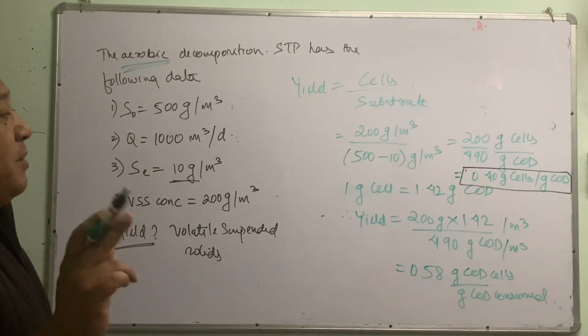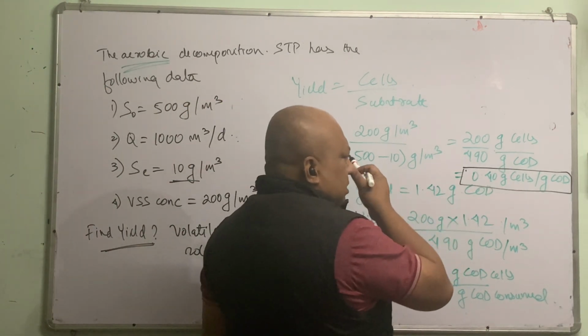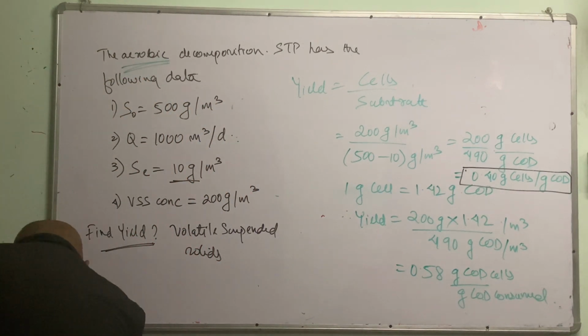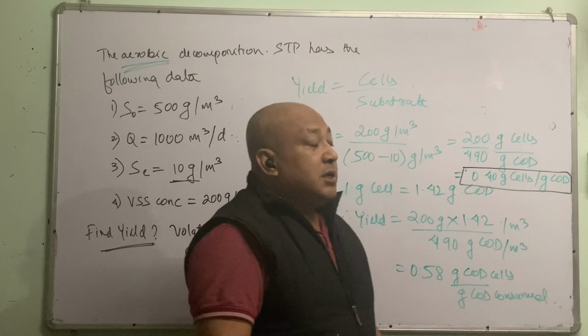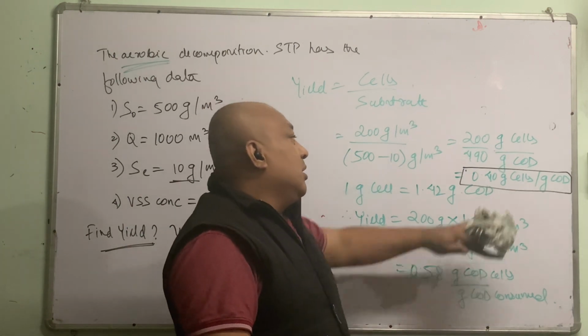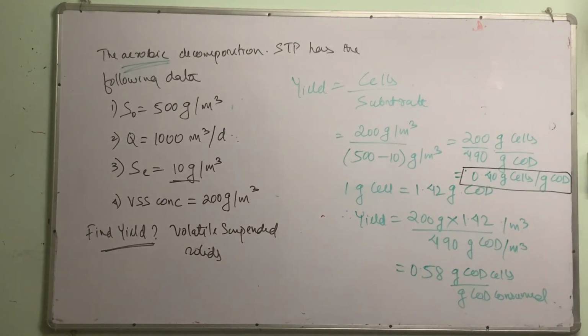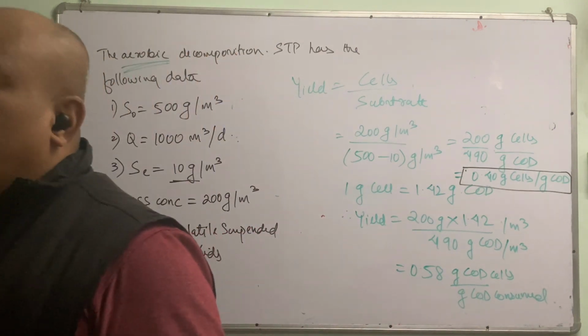Remember, in our previous stoichiometry calculation, we found that this was around 0.42. How much gram of cells? How we got around 0.42, correct? So it is not compulsory that we'll always get 0.42. In the previous stoichiometry calculation, we obtained 0.42 grams of cells produced per gram of COD removed. But here we got 0.40. So that means theoretical, as done by Hobbes and Porges, it is not correct that it will always be 100%